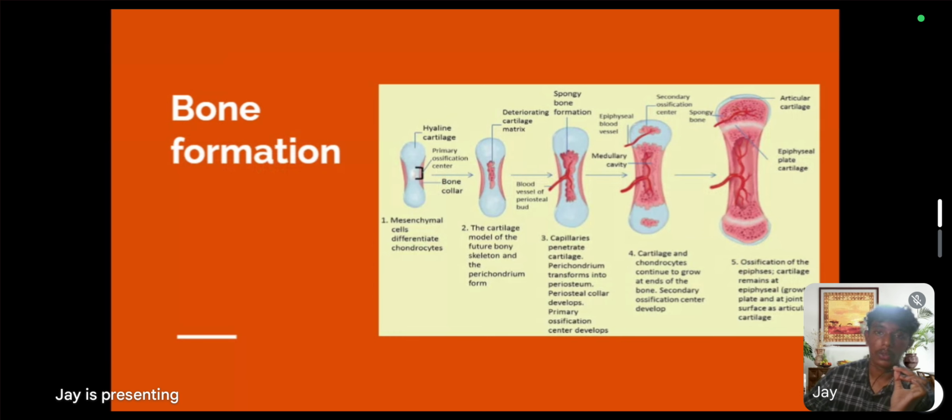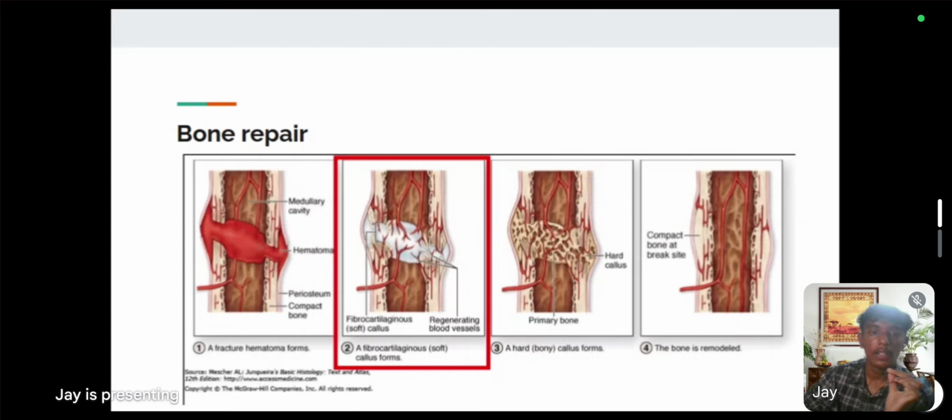Okay, so next is bone repair. As you can see in the picture, there are a few parts of bone repair. Okay, so first, when the blood vessels are torn within the fracture, they release blood which clots to produce a large fracture hematoma. As you can see in the first picture, that is a large hematoma that is being formed. This is gradually removed by macrophages and replaced by a soft fibrocartilage-like mass of procallus tissue rich in collagen and